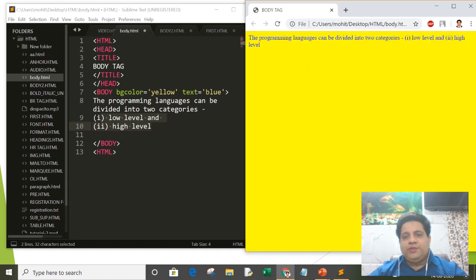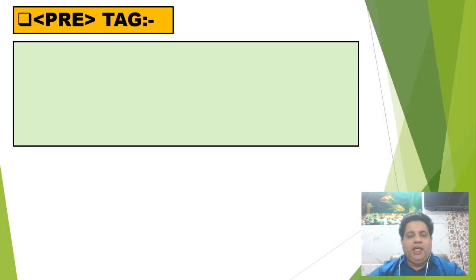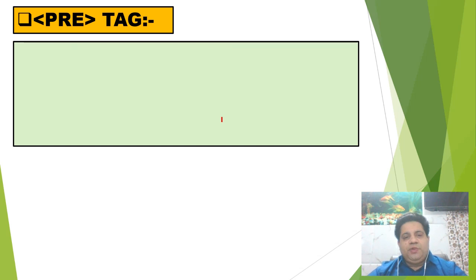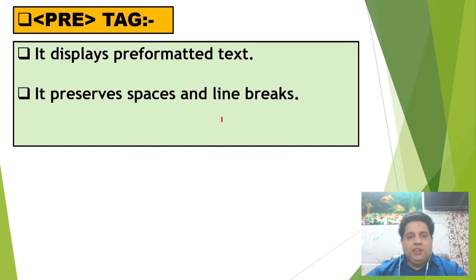Now you want to display the text as it is typed in the text editor, Sublime Text 3. So what you will do, you will use the pre tag. It is known as the pre-formatted tag, so it displays the pre-formatted text. It means it preserves spaces and line breaks.